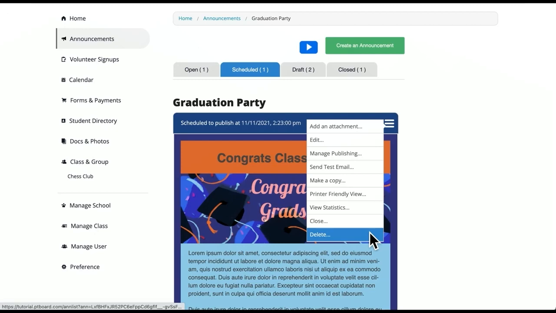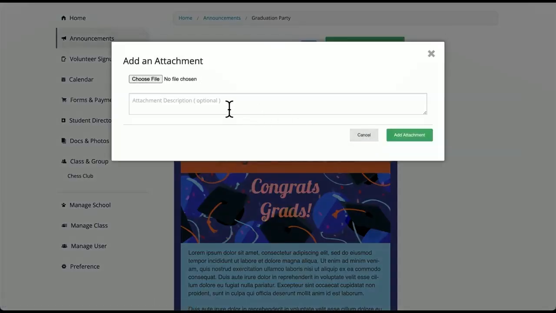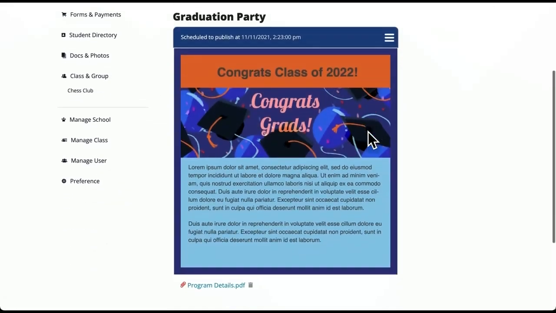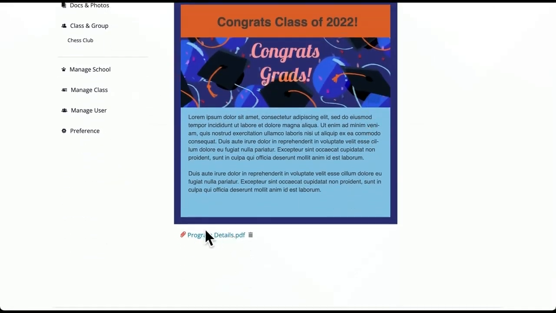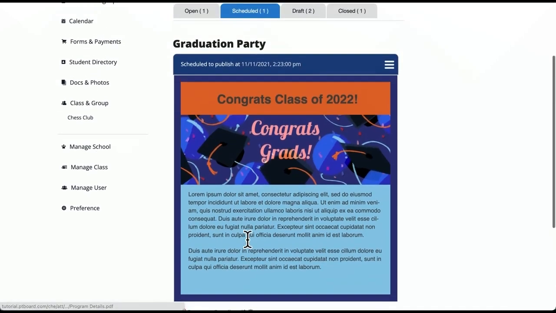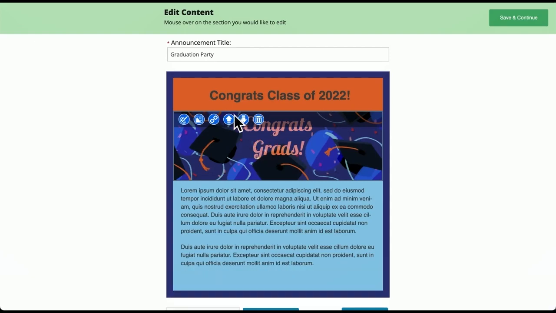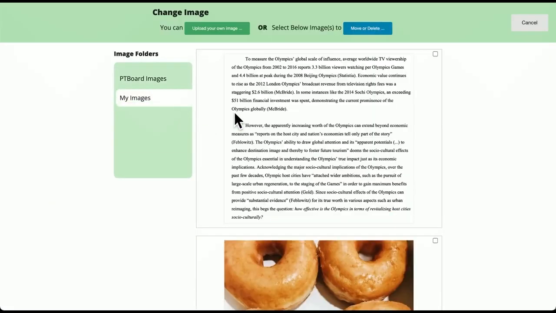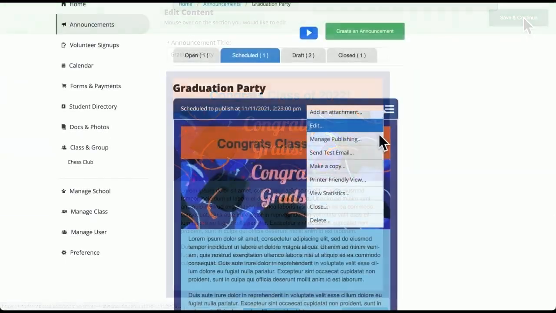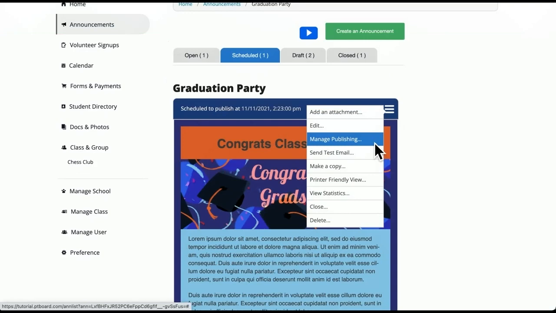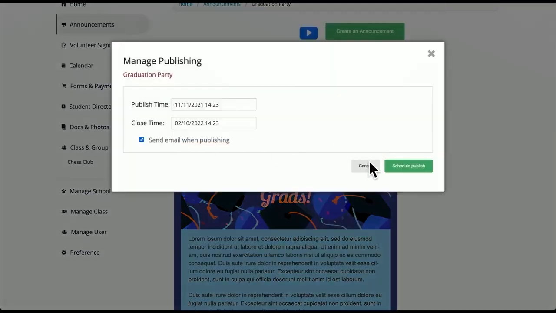When you add an attachment, such as PNG or PDF files, it will be attached below the announcement as a link. To display a preview image of the attachment, we recommend that you edit the announcement itself and add screenshot images. Since a publish time is not set by default, you may schedule a time to publish in the Manage Publishing